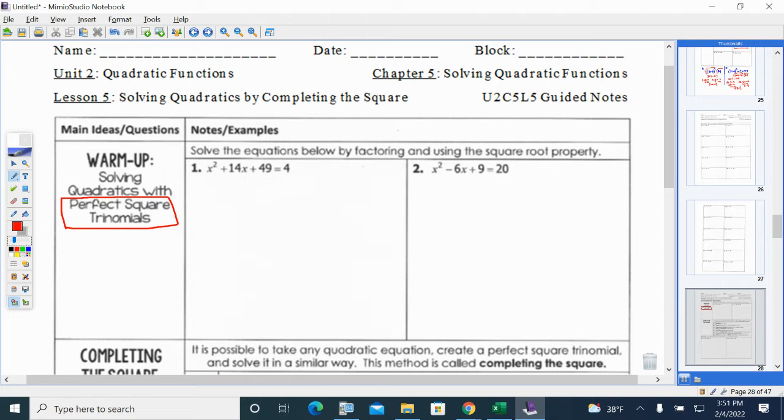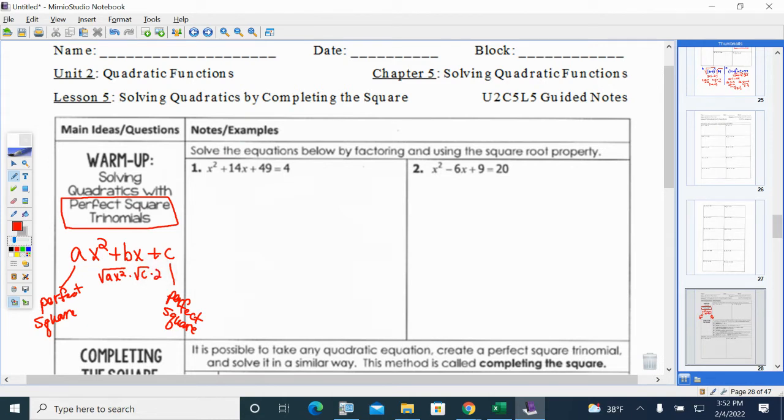And just to refresh your memory, in a perfect square trinomial, your ax squared has to be a perfect square, and the c has to be a perfect square. The bx that's in the middle is the square root of ax squared times the square root of c